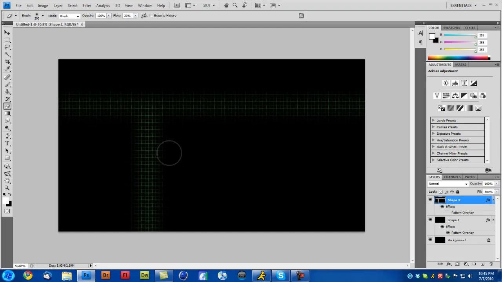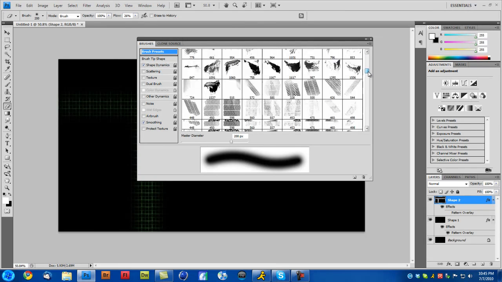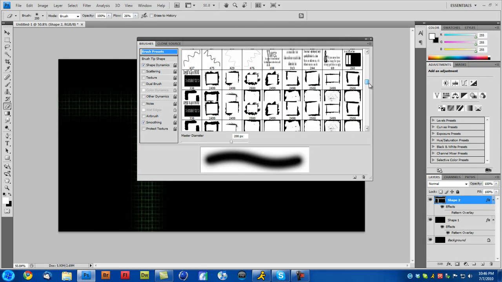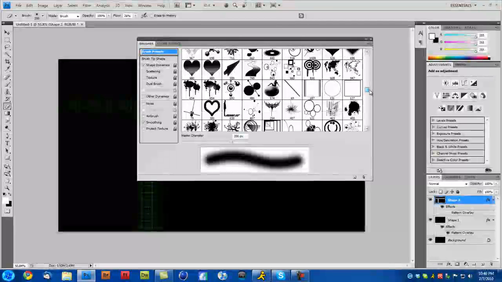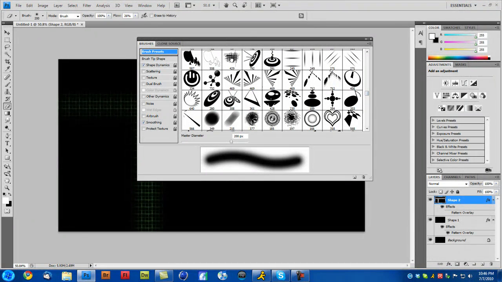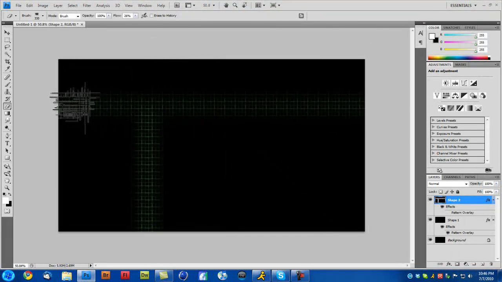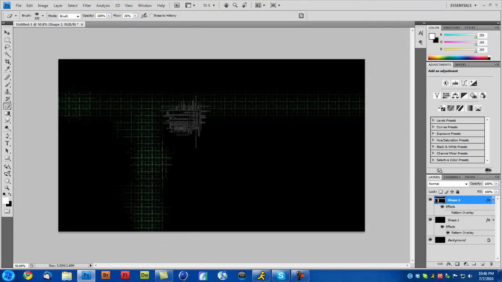So now I'll grab another erase brush. I used a sketchy looking brush. There's just a bunch of lines that I made right here. And use this one to kind of highlight some parts so it looks a little more sketchy, I guess, just so it sticks out, so it's not just straight lines. So you do that a few times, then move on to,